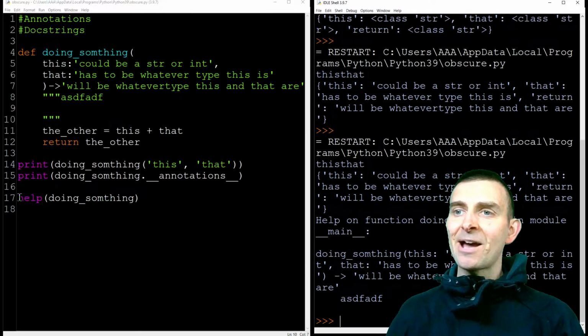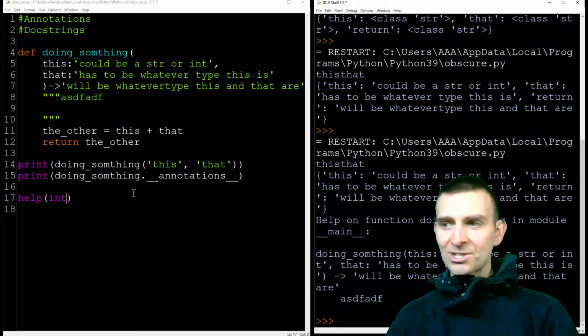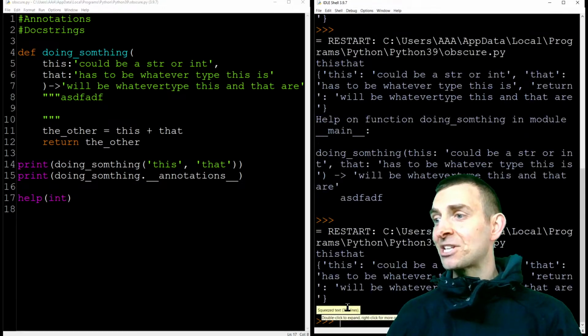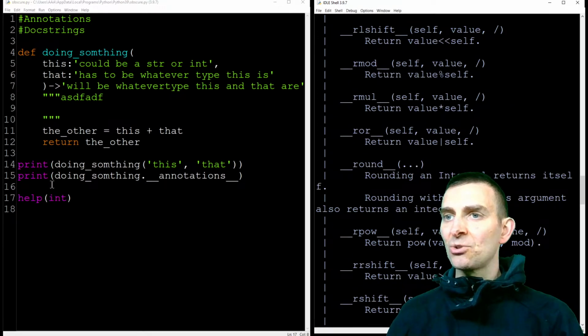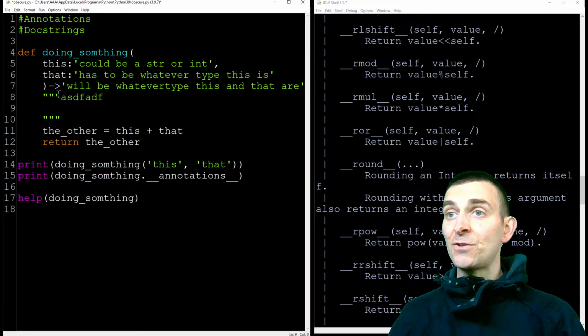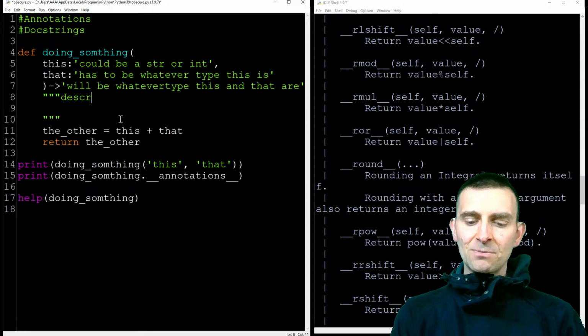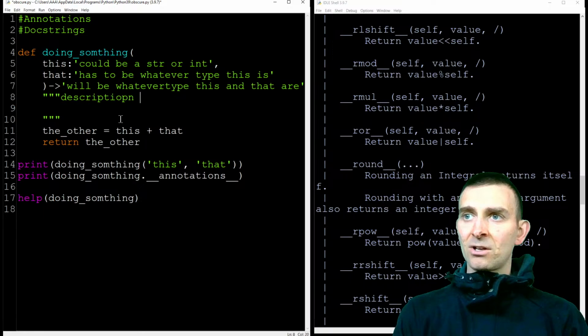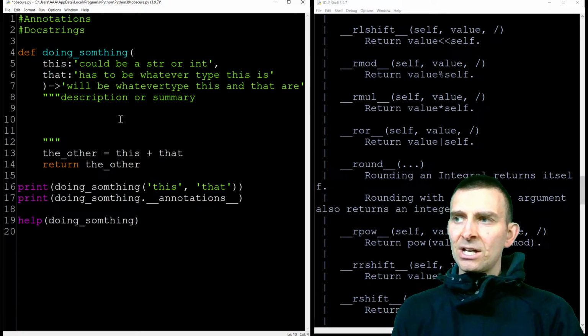It's the same help function that allows you to get information about, say, an integer or something else. So I'm now getting information about what an integer is and how that behaves. That same function also allows you to get information about functions that you write if you include a docstring. The first thing you should include in your docstring is a brief description of what things do, a summary line, and after that, it's convention to use